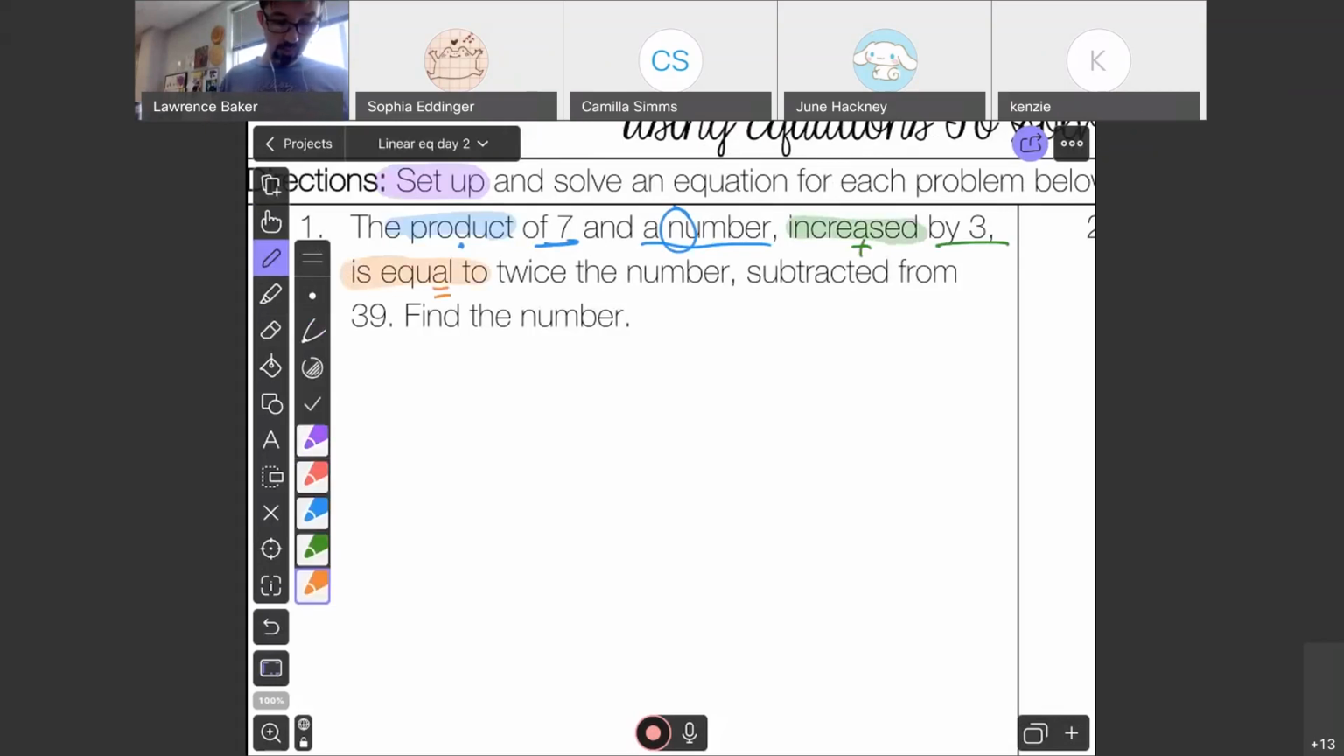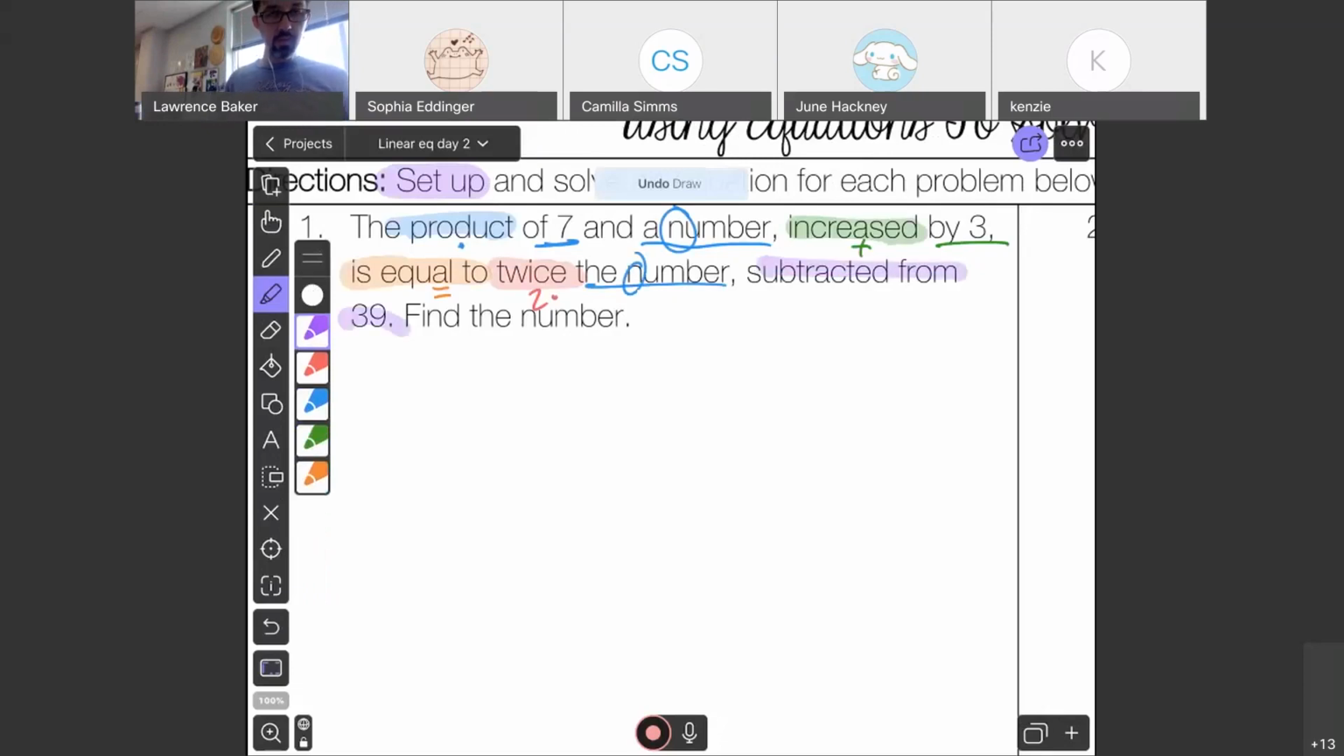What's the next thing I see? Twice. What does twice mean? Twice means 2 times something. It doesn't mean add 2, it means multiply it by 2. So I need to multiply something by 2. What am I multiplying by 2? The number. What's this the number business? Oh yeah, we talked about that earlier. The number was, for me, N. Okay? And then it says subtracted from